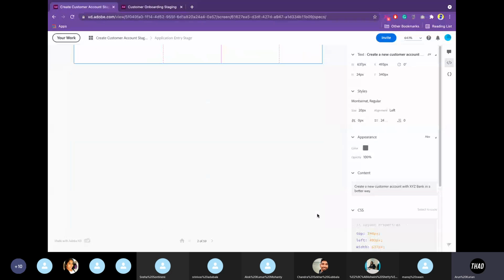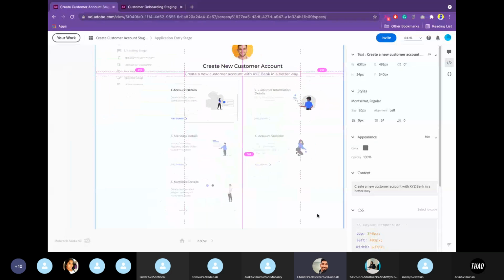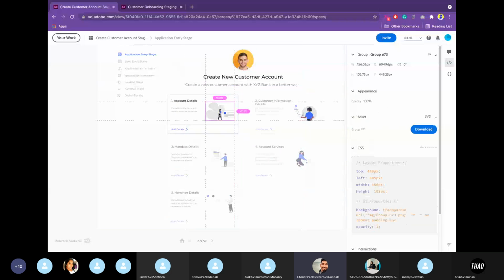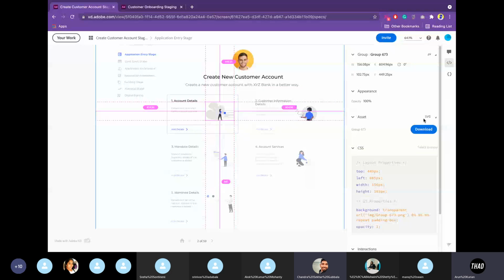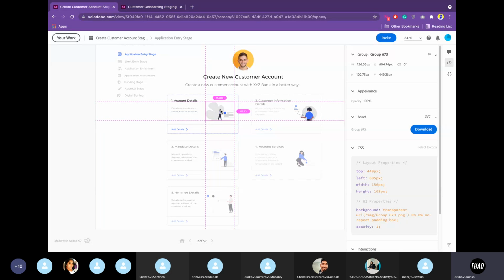Any other doubts? Okay, the icons which are visible here, are these coming from any particular source, so that we can reuse them in our UI? Here we can download it, but it should be collected somewhere else, right? So as we said, these icons are custom made by us, and those icons are actually designed in our source file as SVGs. So you can download them as SVGs. It is not coming from an icon library. These are all custom made icons that we create.